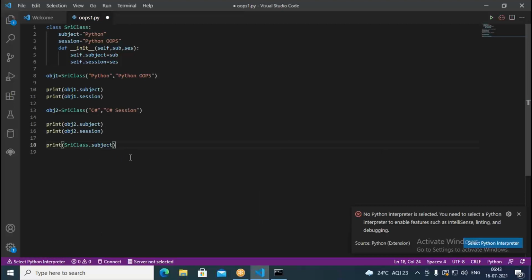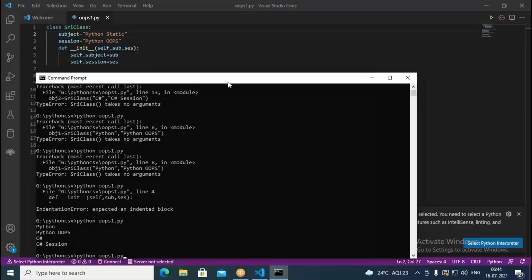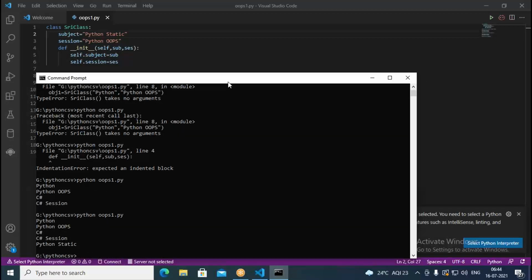It's going to print that particular subject. That means whatever we have written, I put this as Python static, like this. When I run now, it is printing here Python static.